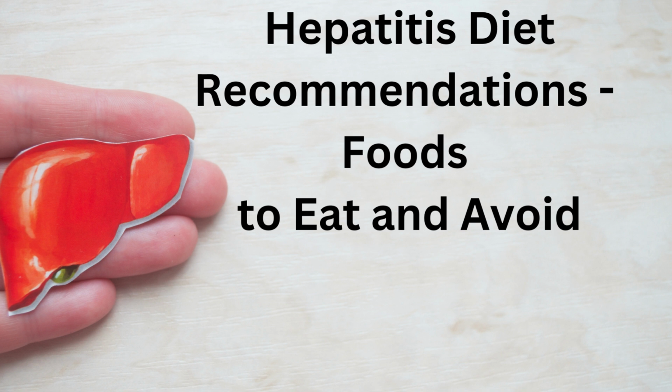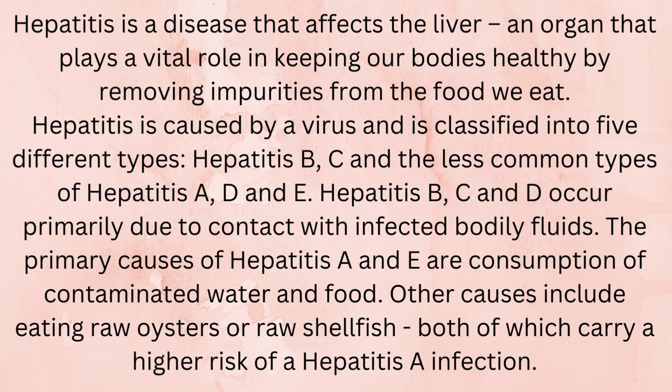Hepatitis Diet Recommendations: Foods to Eat and Avoid. Hepatitis is a disease that affects the liver, an organ that plays a vital role in keeping our bodies healthy by removing impurities from the food we eat. Hepatitis is caused by a virus and is classified into 5 different types: hepatitis B, C, and the less common